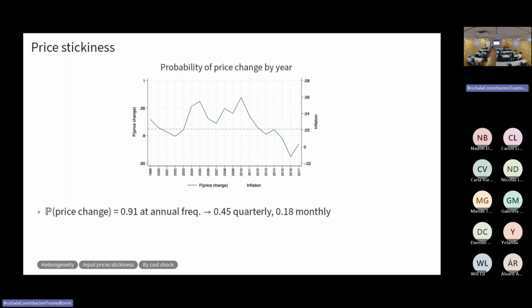Okay. So how do you measure the frequency? How do you measure a price? What is a price here in the data? A price in the data is going to be the unit value for a specific product that a firm sells. And a product is one of the categories. A product is going to be a 5-digit product. We've played with that. We've done it not at the 5, but at the 6-digit, at the 7-digit level. Yeah. This is aggregated to the firm. No, this is at the product level, and then we aggregate different products at the firm level, and we aggregate